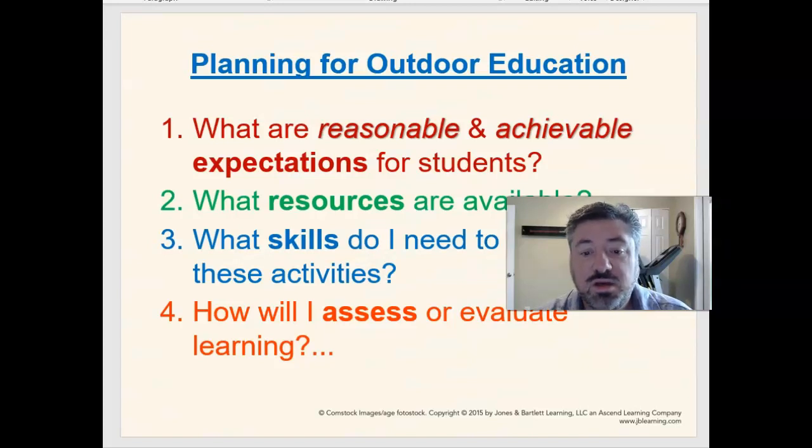All right. Next, what are our resources that are available? What's the cost? What's our equipment needs? Do we need transportation? Do we even need some kind of insurance? Do we need to do school-related field trip permits and get parent permission before we do some of these? We need to understand all those and have that organization piece completely put together before we do our outdoor education